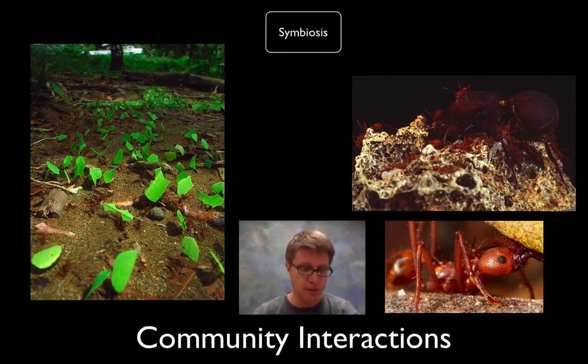But let's go to a really cool one. This is symbiosis in leafcutter ants. Leafcutter ants, I'm sure you've seen the video. They cut a leaf off and then they'll carry it back underground into their mound. Basically what they do is they feed it to a fungus. So there's a fungus within that leafcutter ant colony. This is the queen ant. They're just giant compared to the other ants. But basically what they're doing is they're chewing up the leaf and they're feeding it to the fungus.